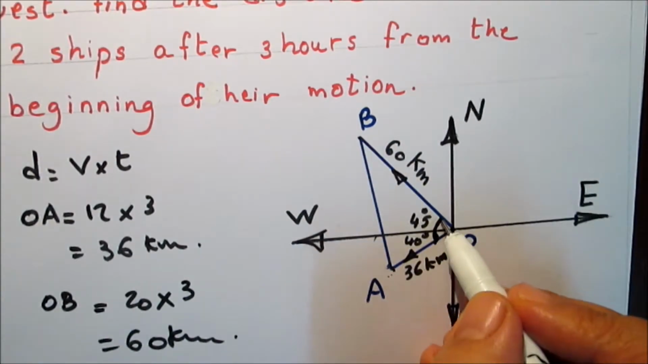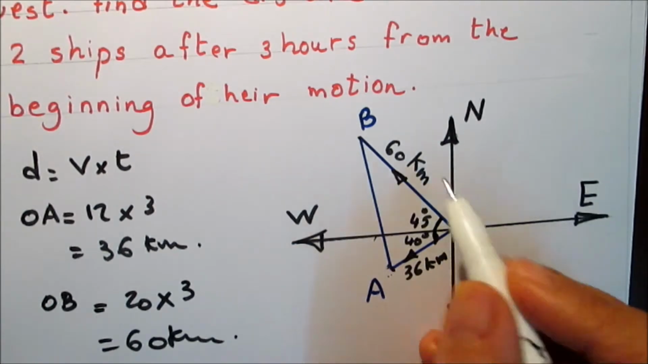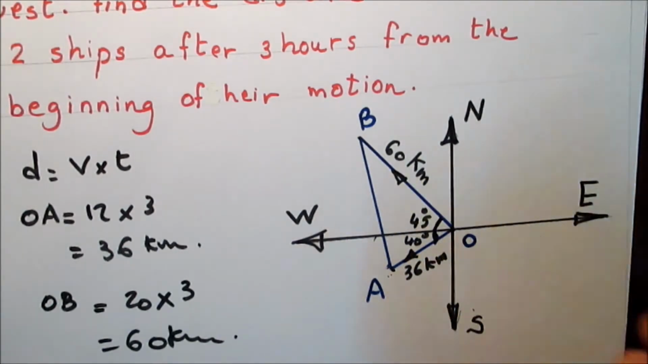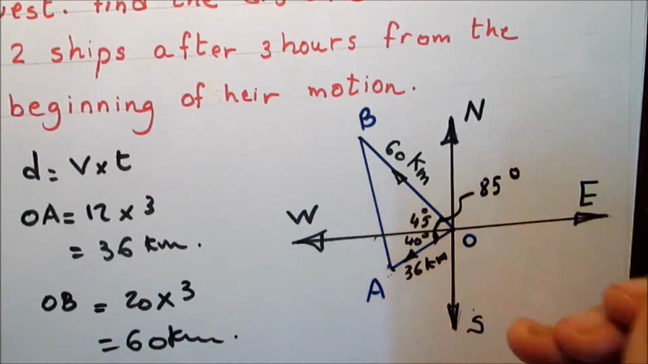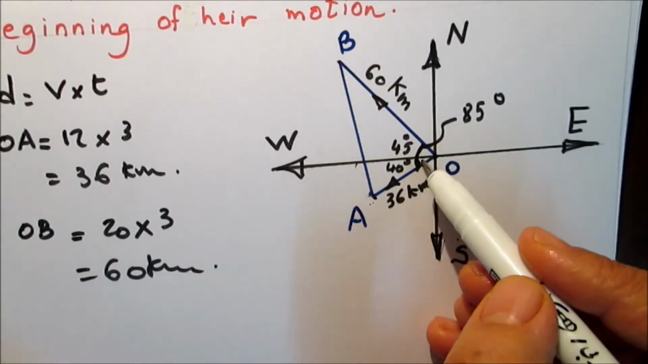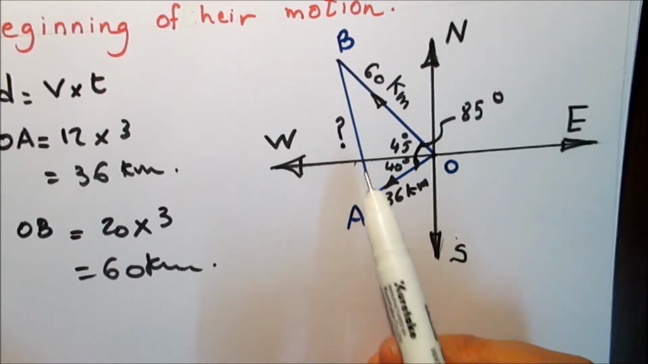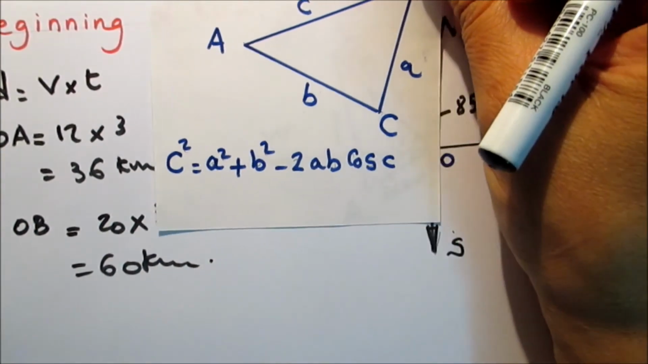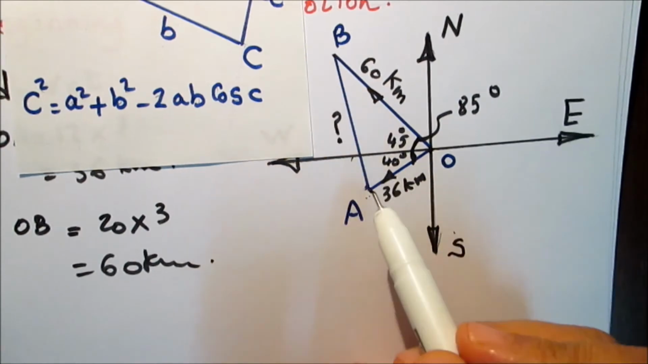Add the two angles to find the measure of angle AOB, so 40 and 45 to be 85 degrees. In triangle AOB, we have two sides and the included angle. We want to find the length of the third side, AB. Use the cosine law. AB squared